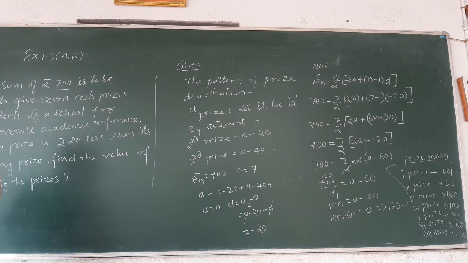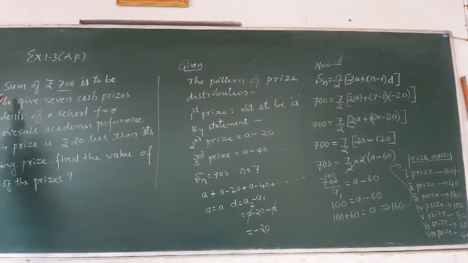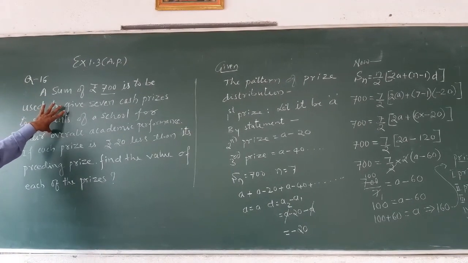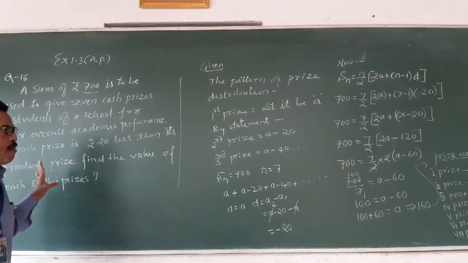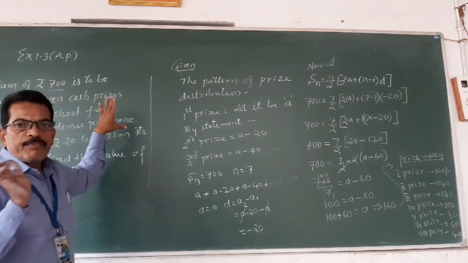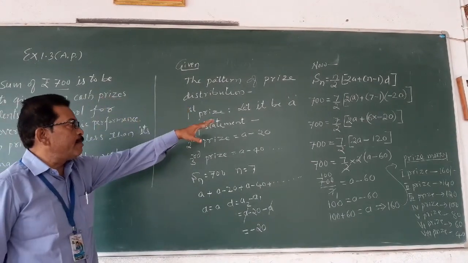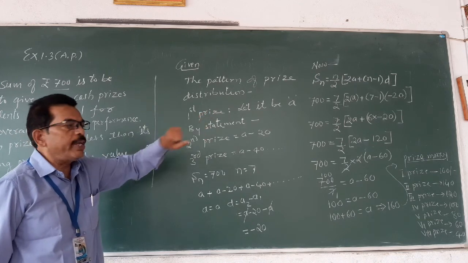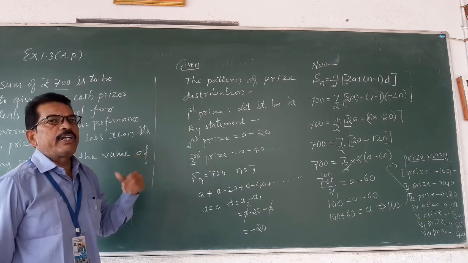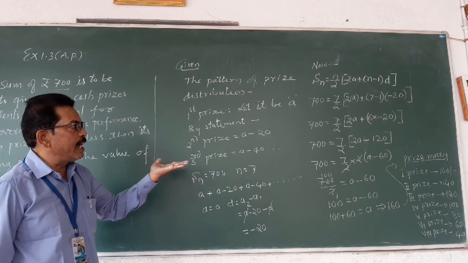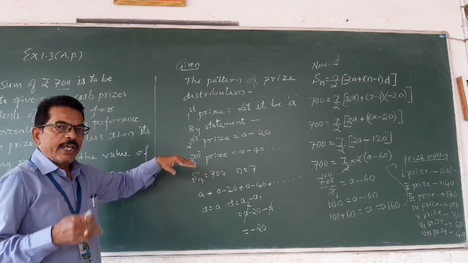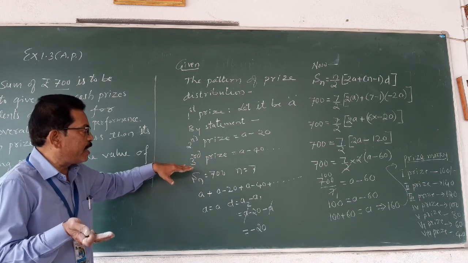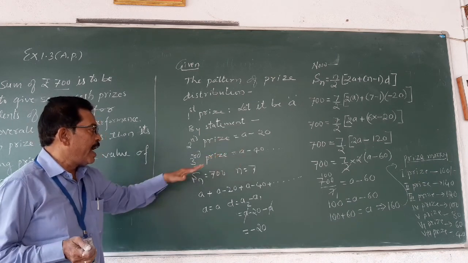See, the problem clearly gives the details of one of the best AP patterns. We have to consider the pattern of that AP according to the statement of the problem. Let the first prize be A. The second prize will be rupees 20 less, so second will be A minus 20. Then minus 20 again, that is minus 40. The third prize will be A minus 40, and so on.